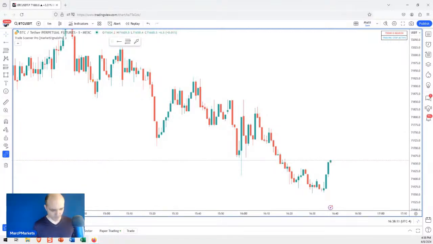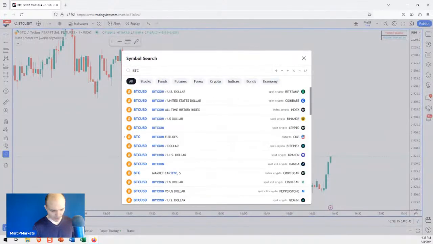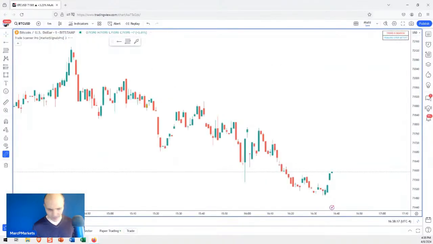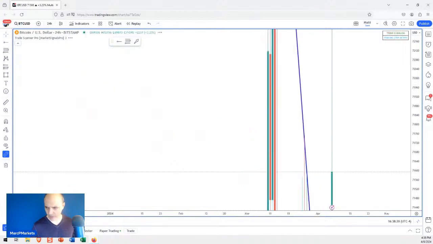All right, you guys. So, let me just put this back onto the, that probably would have been a nice counter trend trade that's developing there. And then we're just going back to the daily chart.